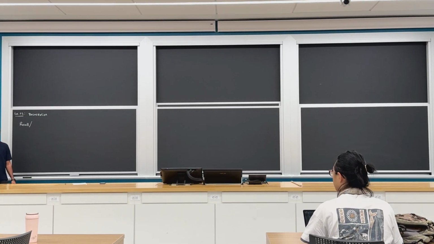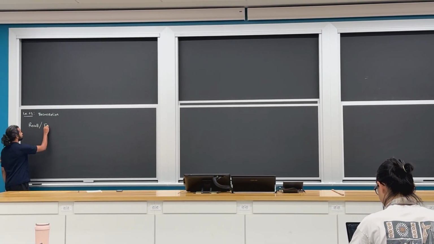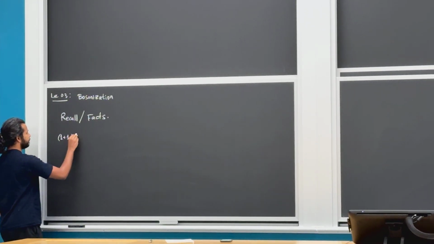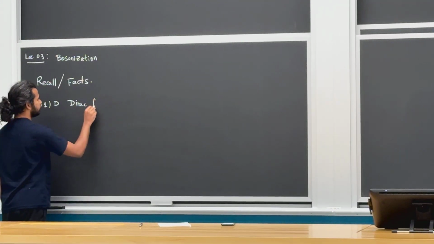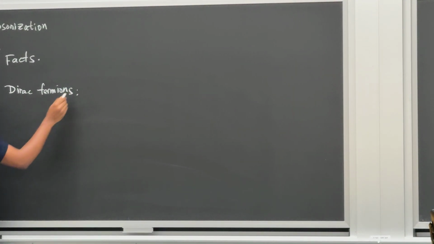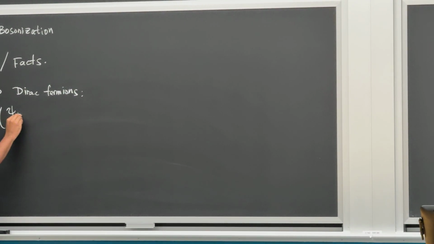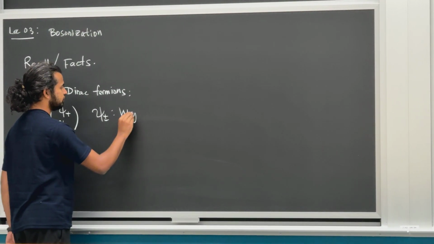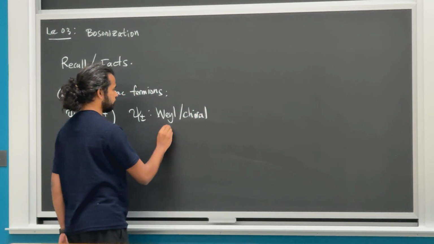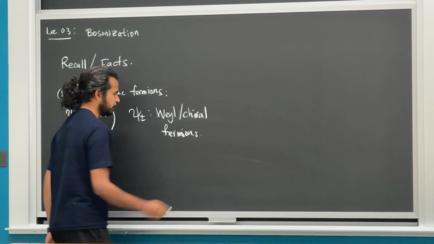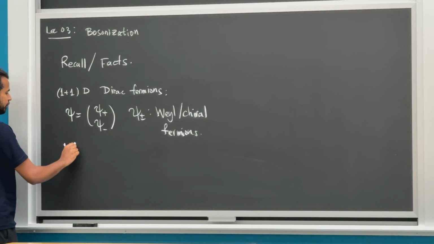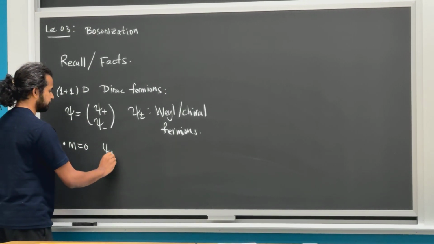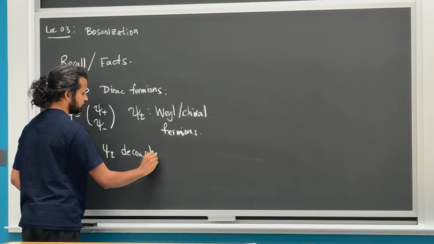If you have not been here for the past 2 lectures, then these are facts that I'm going to throw at you. So in the first lecture, what we did was we studied 1 plus 1 dimensional Dirac fermions, which we decomposed into psi plus and psi minus. These are called the Weyl or chiral fermions, and we saw that in the massless limit of the Dirac fermions, psi plus and psi minus decoupled, and we evaluated